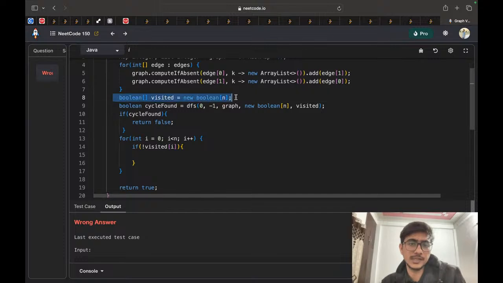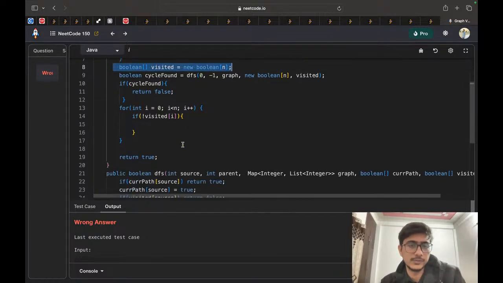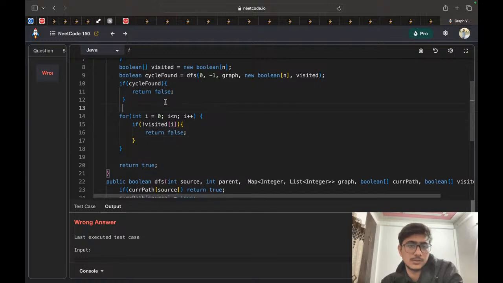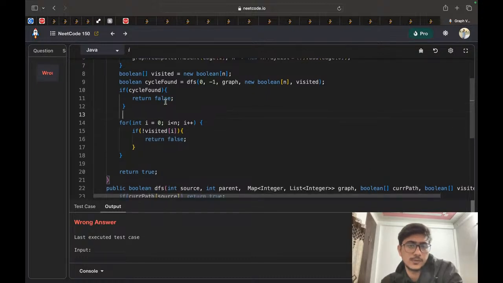Means this array does not have any false value. So if it has any false value, we can return false. Okay,